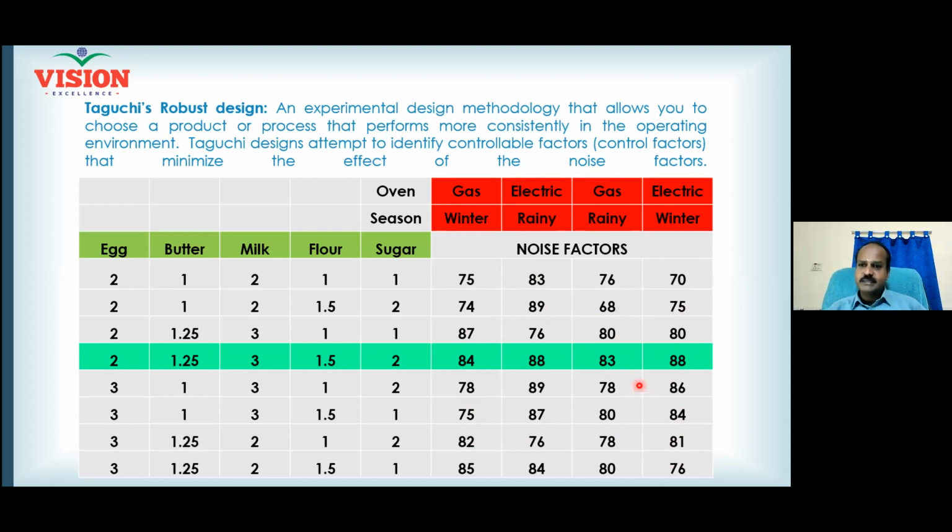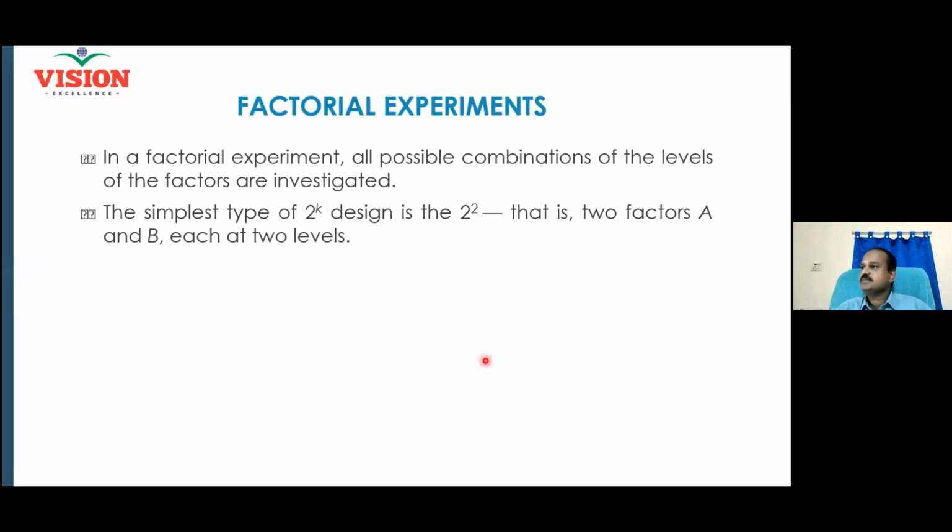Now what do I realize? At some point, do you see, my result is always above 80 in this particular row. What is that row number? Row number 4. In row number 4, I get all the taste scores above 80. This is my interest. So this setting assures you a taste above 80 irrespective of your noise factor. Can I say like that? Yes, sir. Even if the noise comes into play, your outlets can still deliver tastier cakes. This is called robust design. Got it?